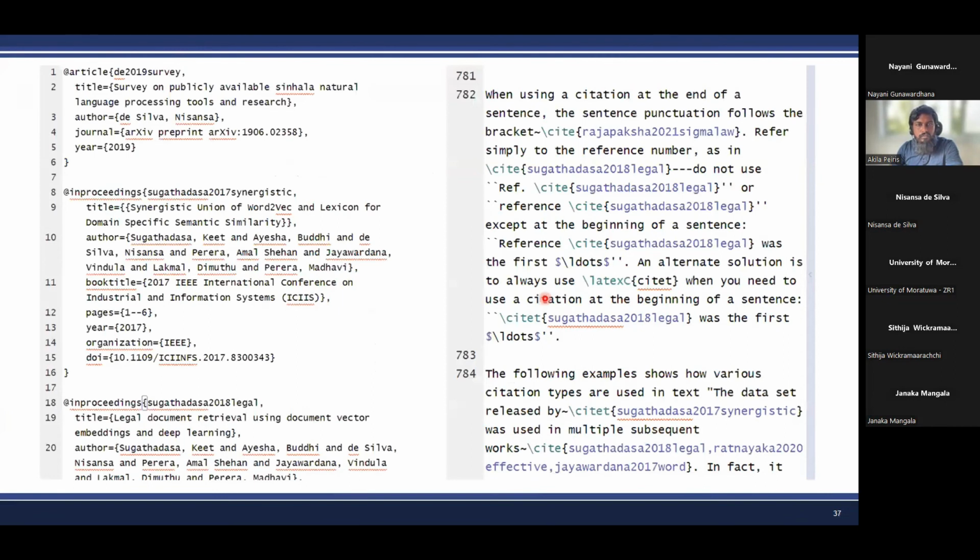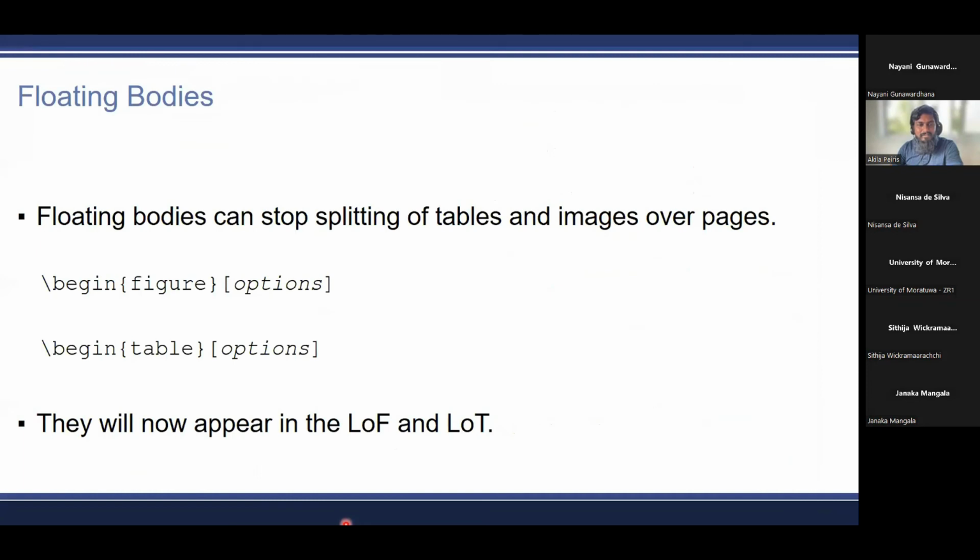Okay, let's keep our promise, Mr. Akila, right? Let's look at floating bodies. Well, not the Lord of the Rings kind. The kind that we are using for images and text, images and tables, which was a question that we got earlier and we promised.